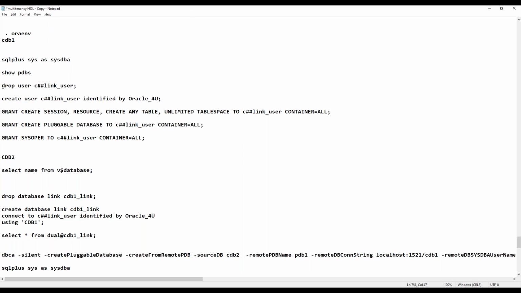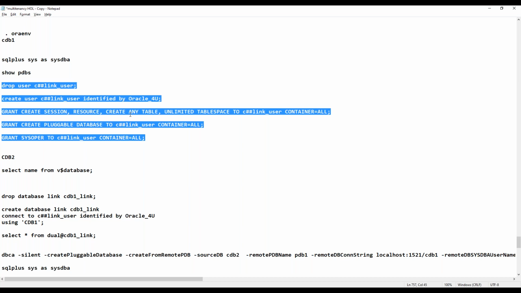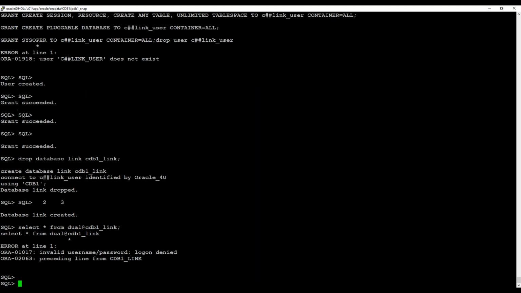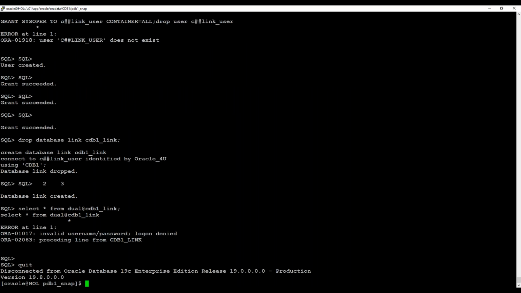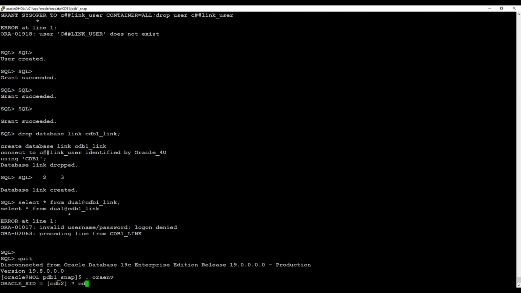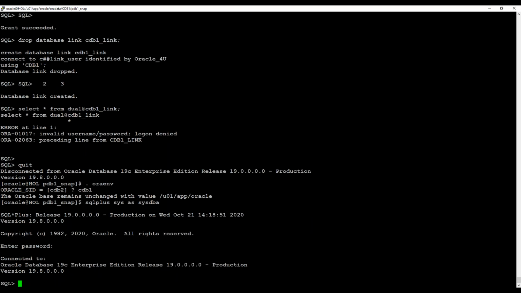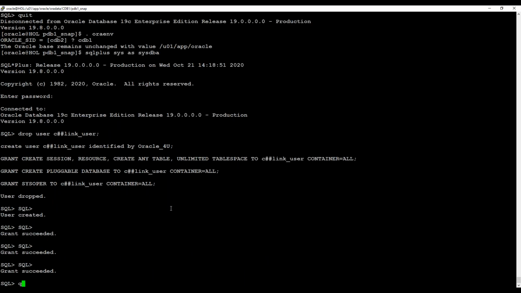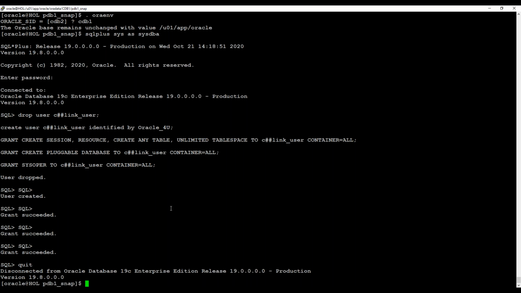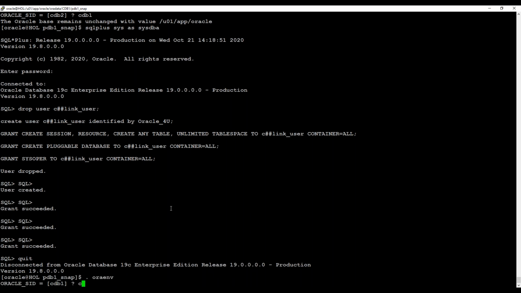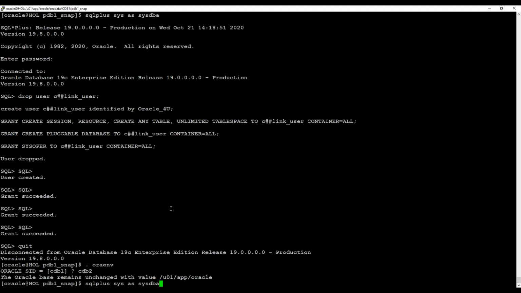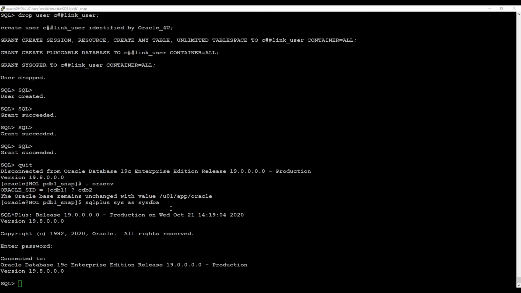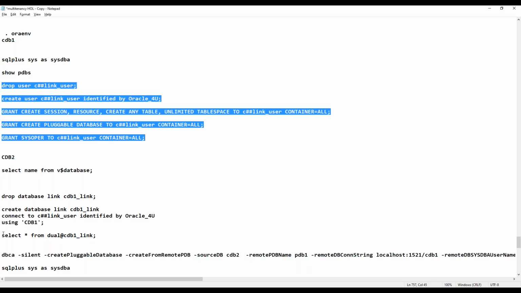I'm just going to drop and recreate this user once again in CDB1. And now when I'm connected to CDB2, the link should work. The password is not correct. So now if I were to run that command,